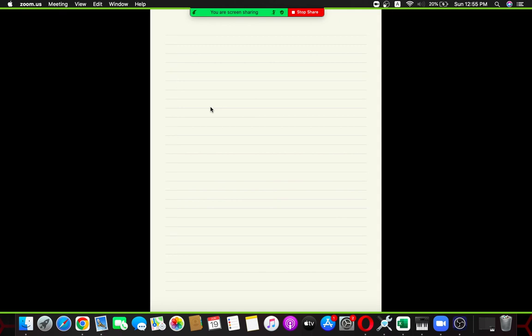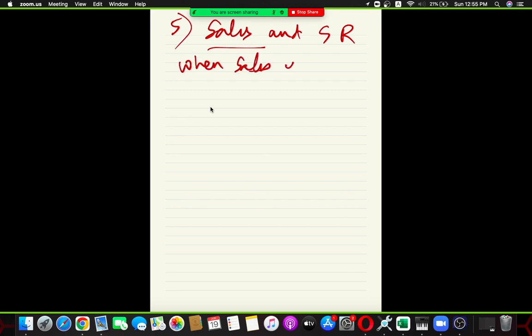Now, let's move to the next one, that is sales and sales return. People, when sales is being made, let's come to it directly like we did for purchase. When sales is made, you can receive the payment through bank, NEFT, PhonePe, GPay, any online transaction, or cash. You can either receive cash or bank, or you can either